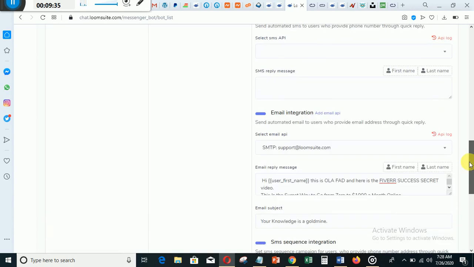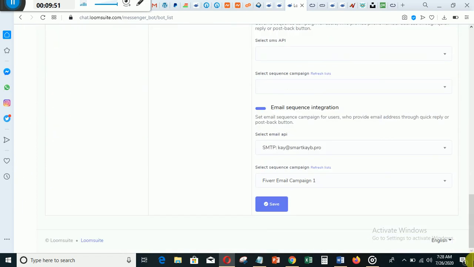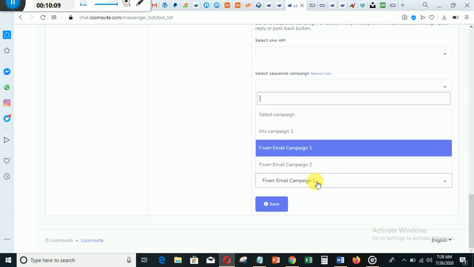When you click save, it means when anyone submits their email to you from the Facebook Messenger, you are going to send them an autoresponder, and again you can put them in a sequence email if you like. But most times you should prefer sending sequence email. So I'm going to show you in another video. I'm going to show you how to collect email and how to create a sequence email, because you must have created a sequence email before you come here. You just click the sequence email you created.